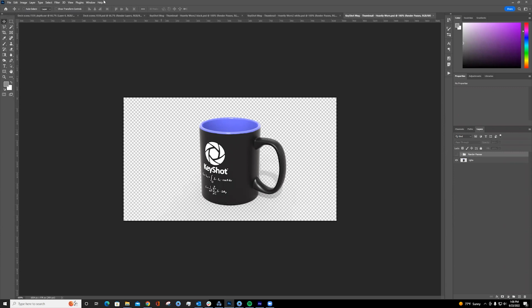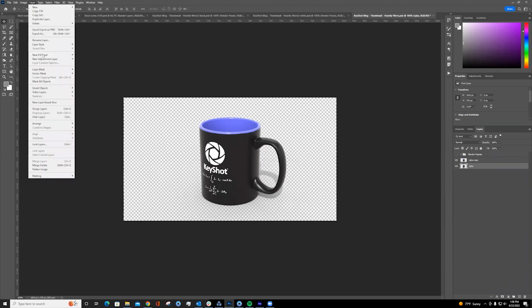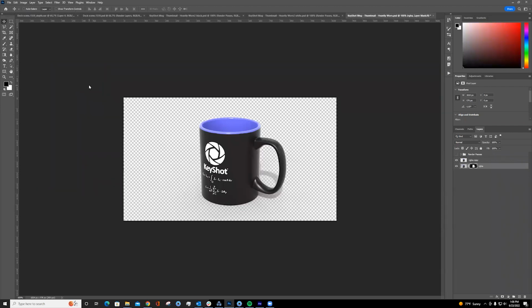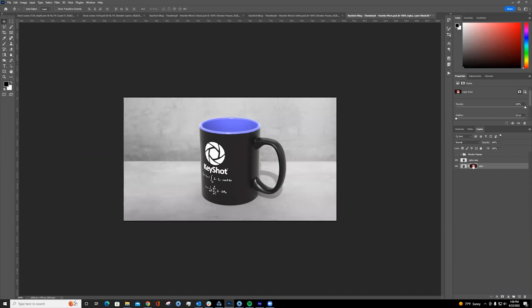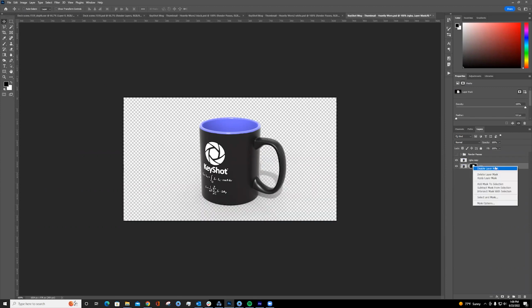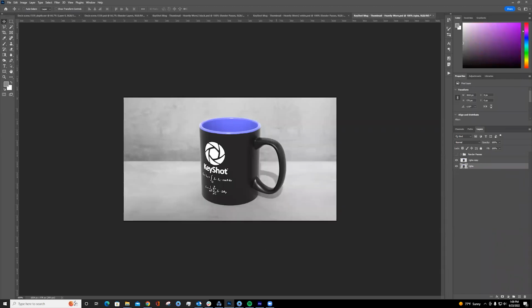So the very first thing I do is I actually duplicate the RGB layer. And then I go back to the original RGB. It could be either or, but I always go to the bottom one. If you go to layer inside Photoshop and go to layer mask and click on from transparency, what that does, it gives you the alpha channel on that particular image. And now all you have to do is either turn this off and you'll see your background, and now your background's there, or you can just totally delete that layer mask. So delete layer mask, and now you have your whole image like you've seen in KeyShot with your background and